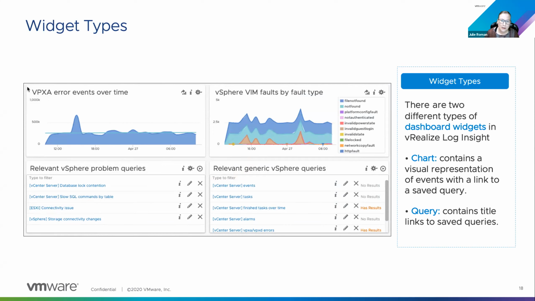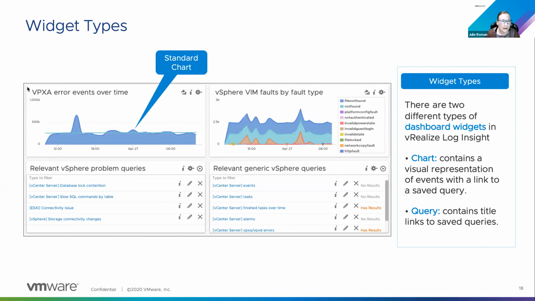You probably wouldn't want 20 widgets on a dashboard because it's going to impact the load time since it's running all those queries on the back end. So these multi-query widgets are nice when you want a lot of information displayed, and you just hit play on the relevant queries. And then if it has results, you'll be able to view the relevant log messages. Otherwise, it'll let you know there are no log messages meeting that criteria.